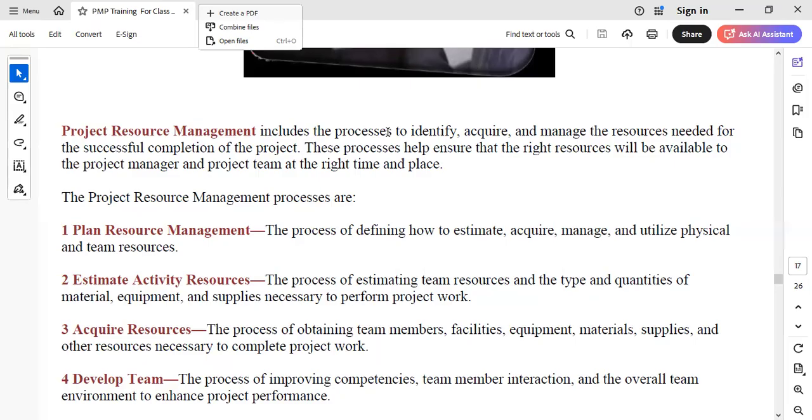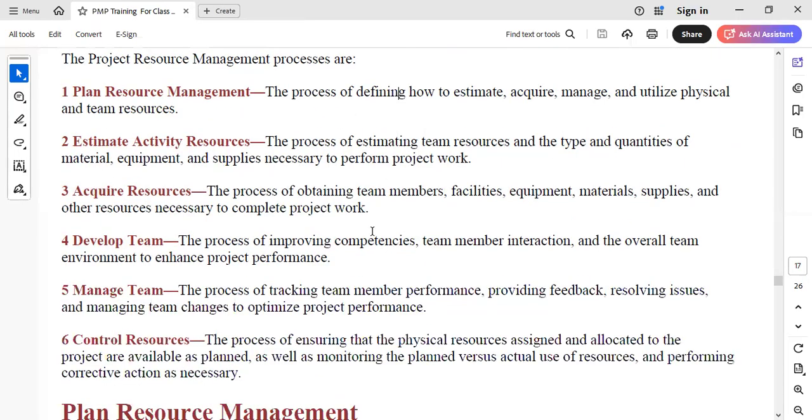So in this area, for us to judiciously take care of the project resources, we would be looking at plan resource management, which will come out with the resource management plan, then estimate activity resources. We would look at how to acquire resources and develop the team. You develop the team because you don't expect personnel